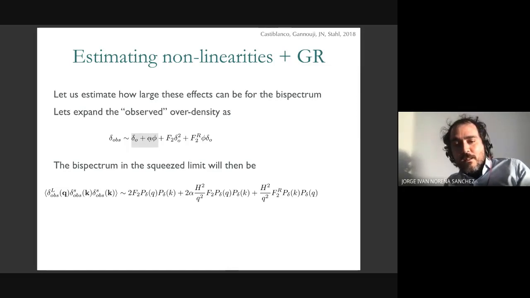I'm not doing the computation, but in GR, you will get in this kind of relation, you generically get terms that go like the gravitational potential itself, simply due to projection effects, geometrical effects. And at second order, you have some Newtonian F2, some Newtonian nonlinear kernel times density squared. This is a convolution in Fourier space, but I'm being schematic. And you will also have relativistic corrections to this, which generically, due to geometric effects, projection effects, can also depend on the gravitational potential. Now, let's see how this affects the bispectrum, especially in the squeeze limit.